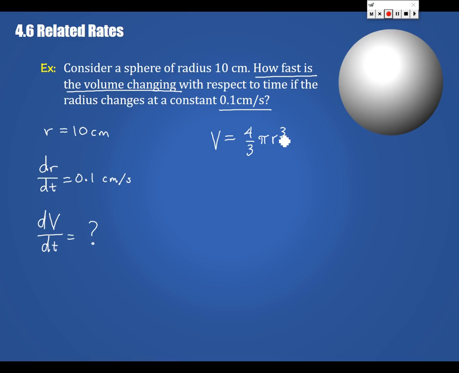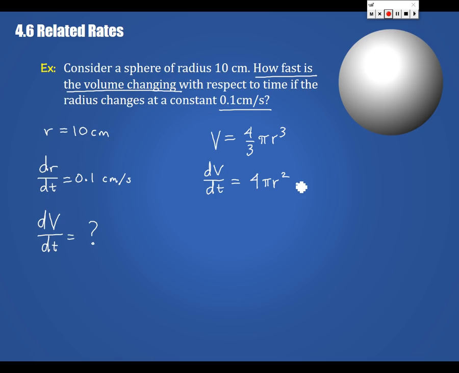But we can get, anytime we need it, an equation that relates the rates instead by taking derivatives. Now be careful here. We're taking derivatives with respect to time, everywhere. Not r, but with respect to t. So, of course, the derivative of V with respect to t is just dv dt. And help me out with this side. Of course, we get, just like we did in the warm-up, 4 pi r squared. But careful, if we're taking the derivative not with respect to r, what else do we have to say? Times